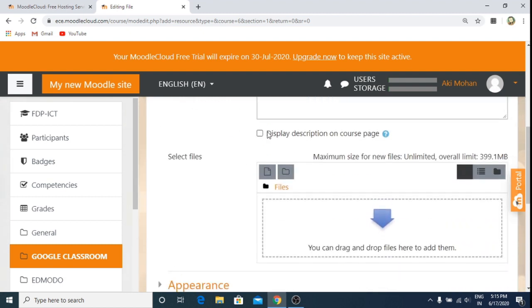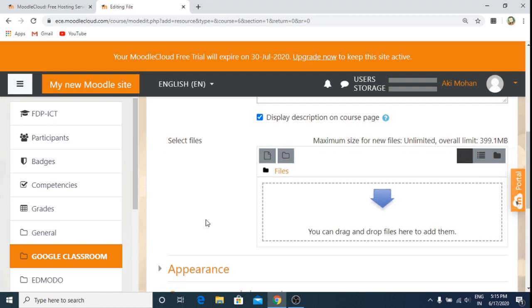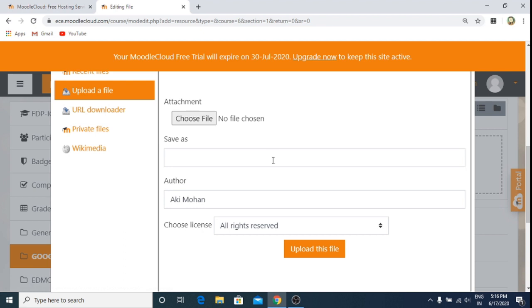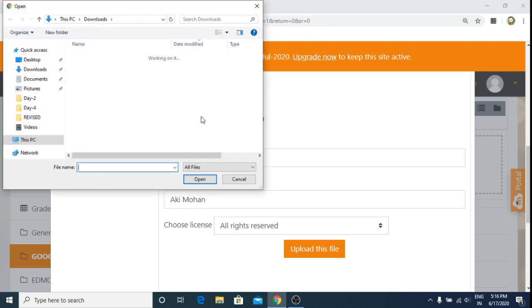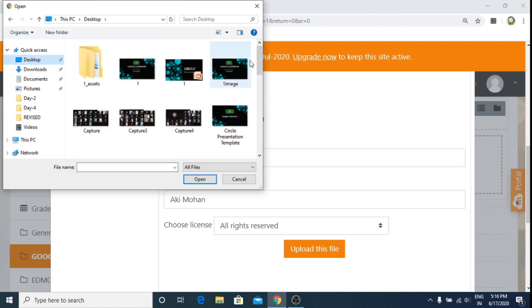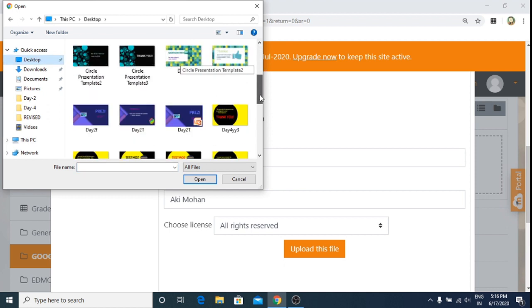I can even display this in my course page. I click on this tick, if I want. Here is where I'm going to add my files. I click on this. So upload a file. I click on choose file. So here I'm going to select a file here.